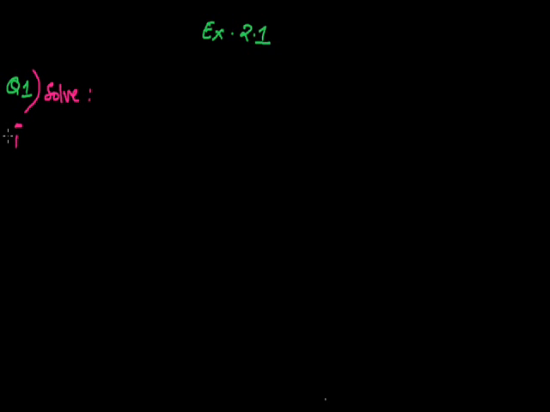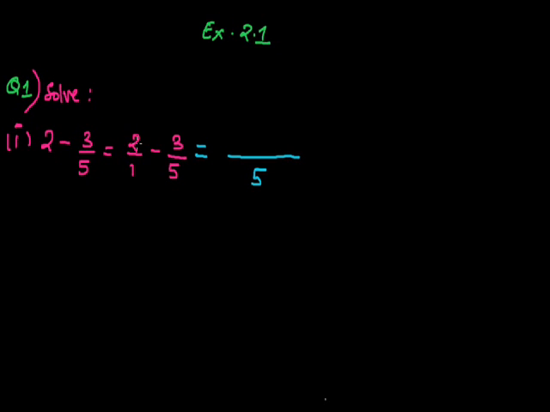The first part is 2 minus 3 by 5. Here we are having two fractions. One is 2 by 1. You can write it as 2 upon 1 minus 3 upon 5. Now to simplify these two fractions, we have to first take the LCM of the denominators so that we can make the denominators same. Here the denominator is 1 and here the denominator is 5. Now the LCM of 1 and 5 will be 5 only. So in the next step, we are going to take the LCM 5.